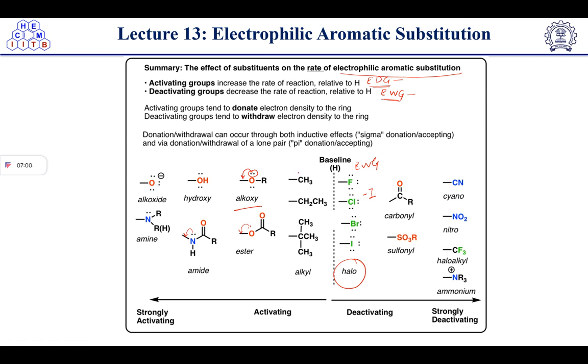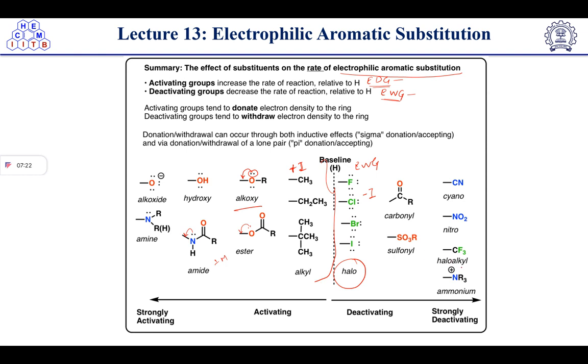Talking about the alkyl groups, alkyl groups are always electron rich groups, so they are giving a plus I effect. Okay, plus I effect, that means it's a donating effect, plus inductive effect. And here these are showing a plus M mesomeric effect. So because of the plus I effect, they are activating groups.